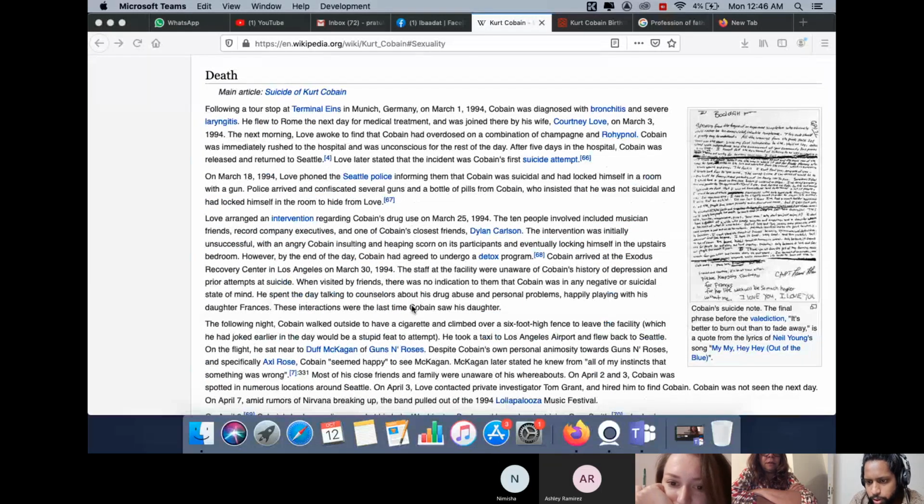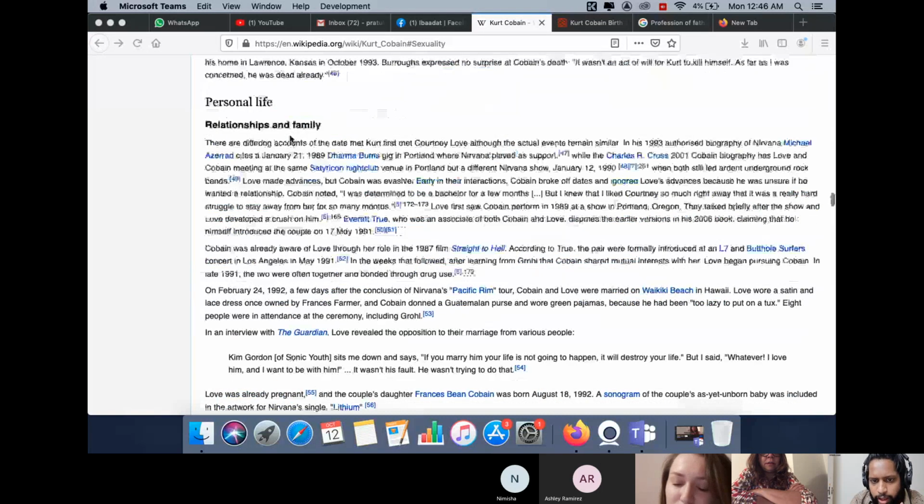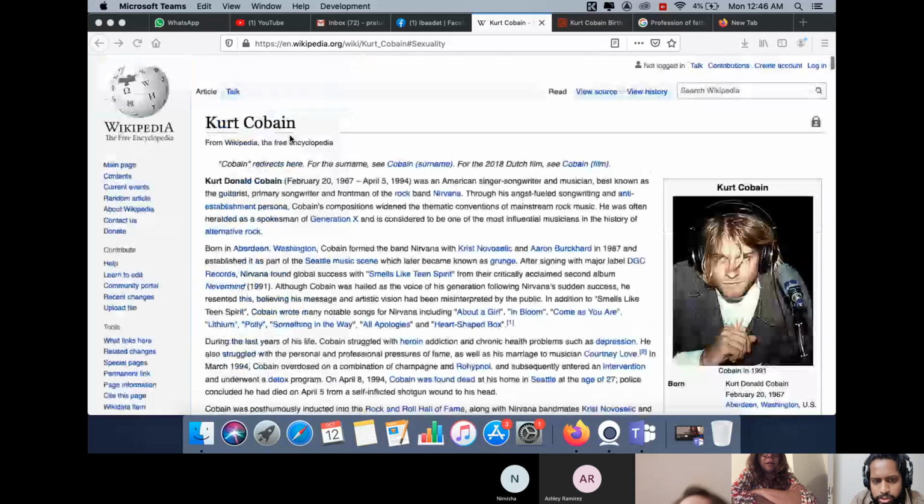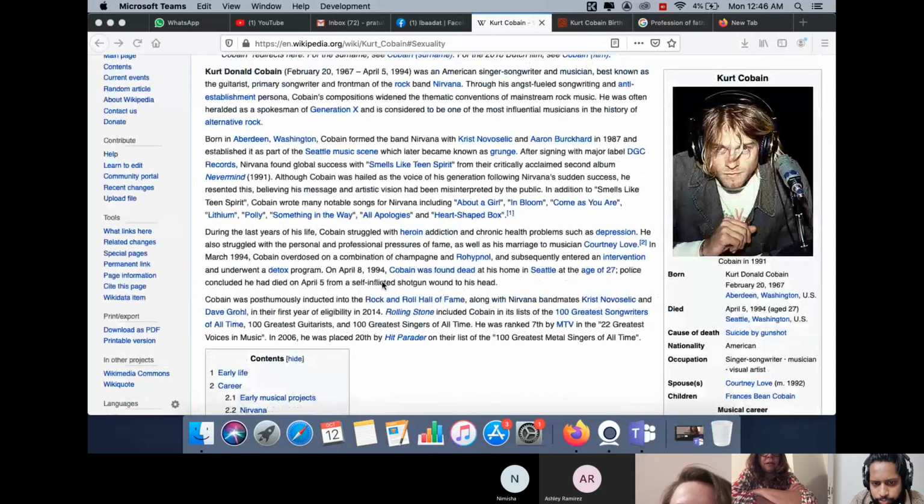Yes. Okay. They have mentioned that his death was from a self-inflicted shotgun wound to his head. Right. Okay. And if you go to his chart,